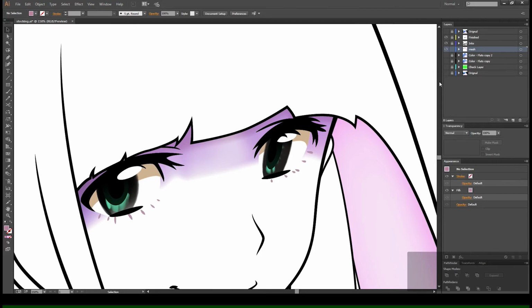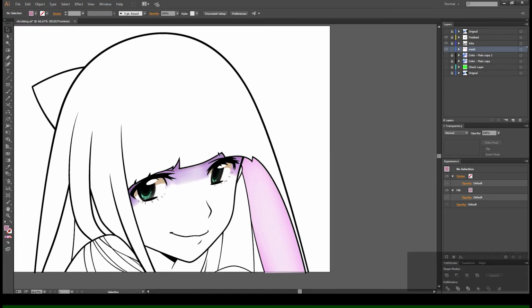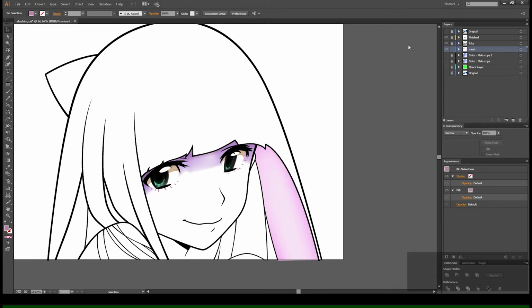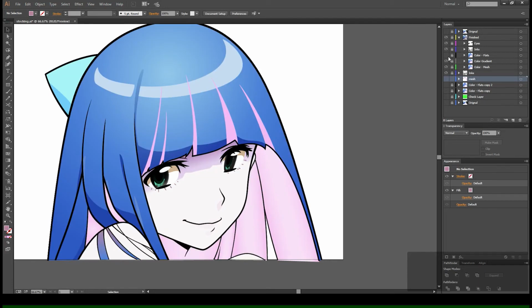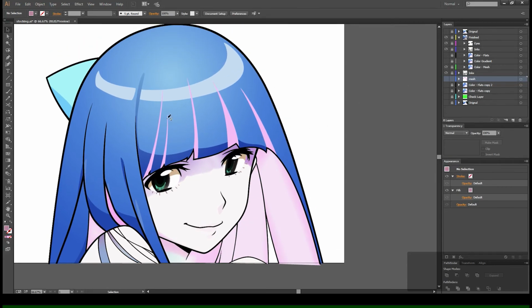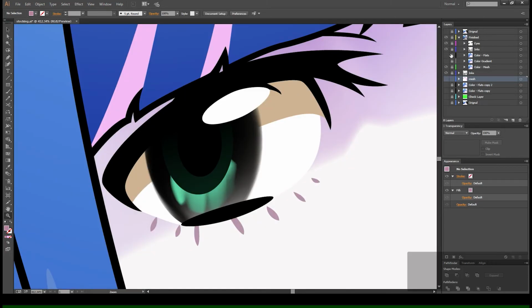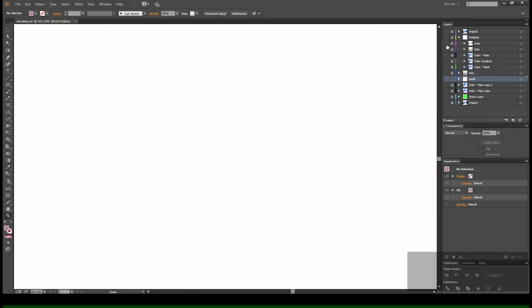So, there is the basics of meshing and using gradients in an image. I'm not going to do this whole thing. I'll just say that it's super powerful. If we turn all of this on, you'll see there's a gradient version, there's a mesh version. And then if we zoom in on the eyes and I hide everything else, and we just open up the eyes layer,